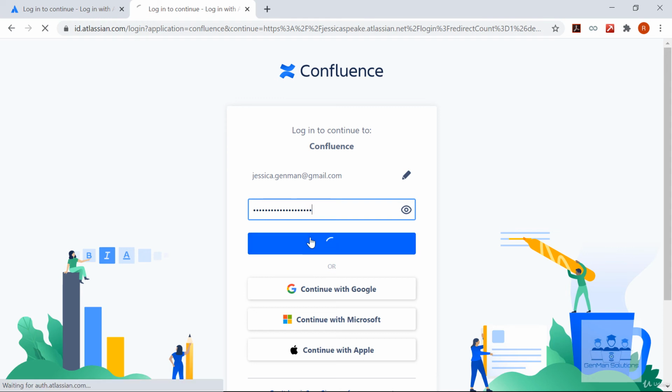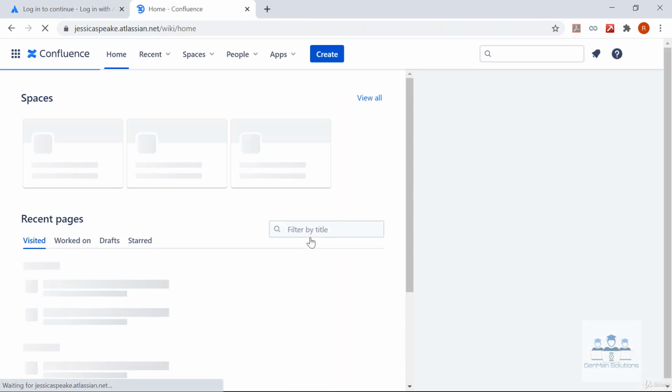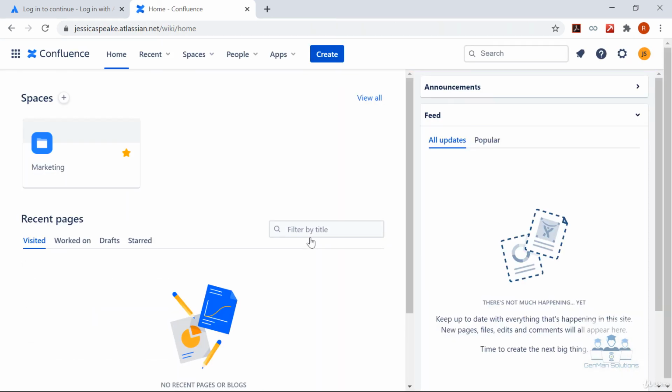Click login. Okay, so we have logged in to the Confluence account.